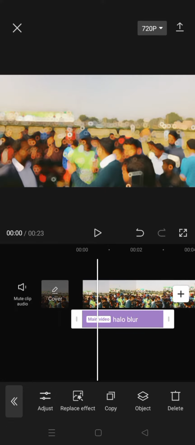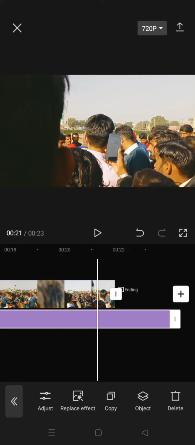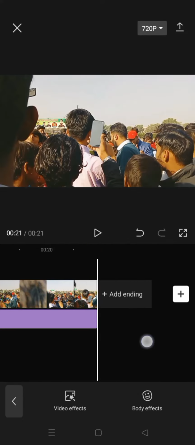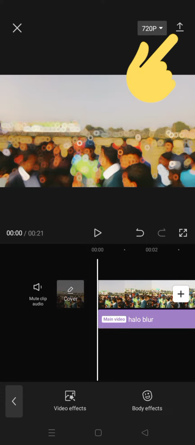and tap on this and tap on this and tap on delete and tap on this arrow, and this video is saved to your